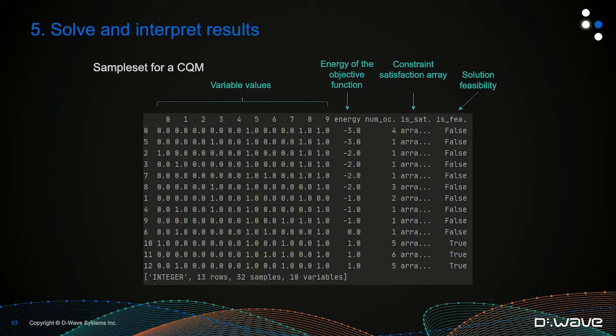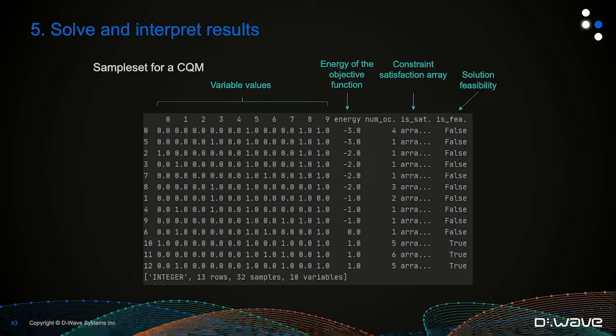So you'll see here that each row represents one distinct solution from the CQM solver. We also have this energy column, which is typical in all of our sample sets. Note that for the CQM solver, though, we only use the objective function to calculate the energy. We also have the number of occurrences after that.